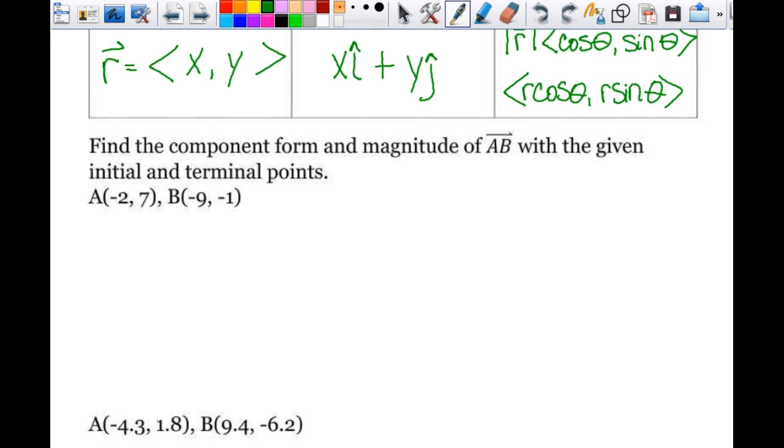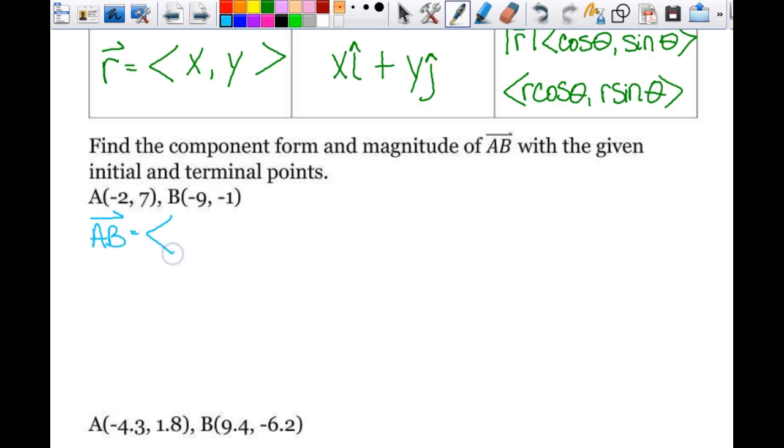Okay, so now we are going to find the component form and the magnitude of the vector AB. So since it is vector AB, do we know which one is the head and which one is the tail? Yes. So it's like an arrow, right? You start with A and you end with B. So the head is B, the tail is A. And that makes a difference when we go to find the component form, right? So for vector AB,